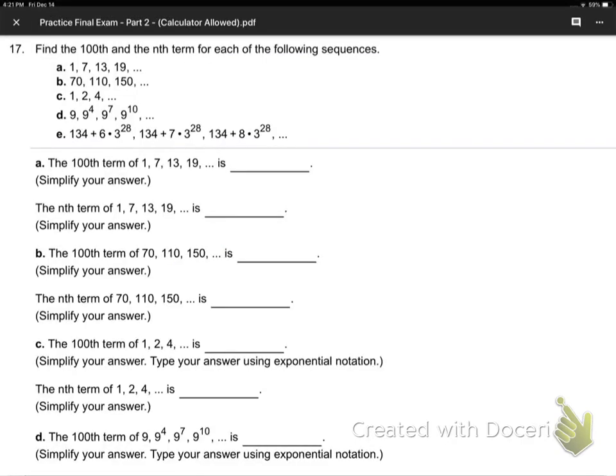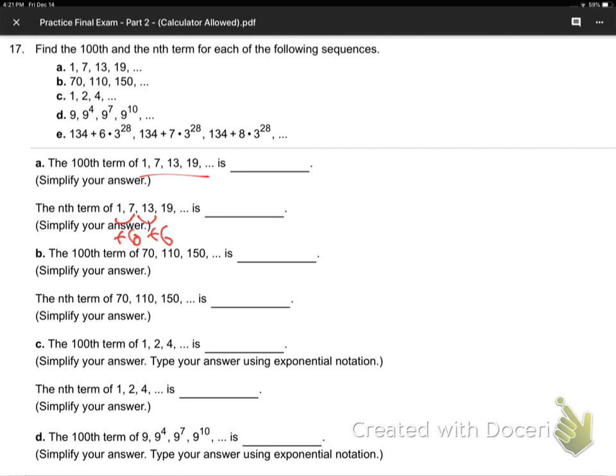Okay, so I'm on number 17, starting with this right here. I want you to find the 100th term and the nth term. So how do you find the 100th and nth term? Let's start with the nth term, the formula. So what's happening in this sequence? If you look at it, it's adding 6 every time, right? Plus 6